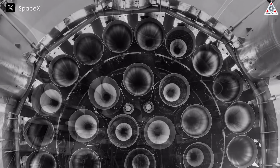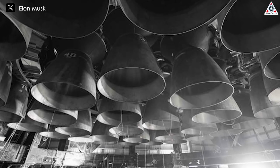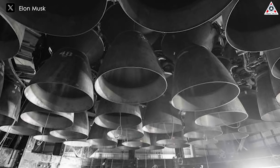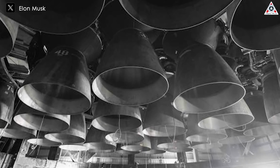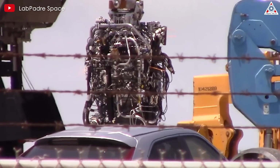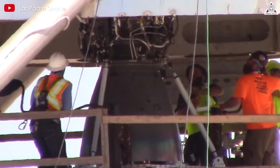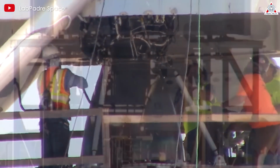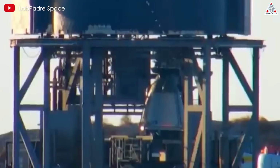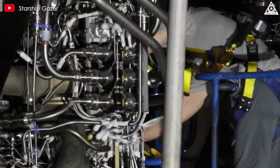Don't forget, SpaceX always has a different approach to the development of engines or rockets than other companies out there. They're always focused on rapid iteration and continuous improvement going forward. So it's not uncommon for the company to introduce intermediate versions of their engines before reaching a final optimized design. This iterative process allows SpaceX to test new concepts, identify areas for enhancement, and refine their engines to achieve optimal